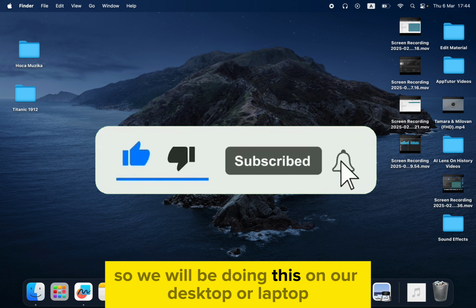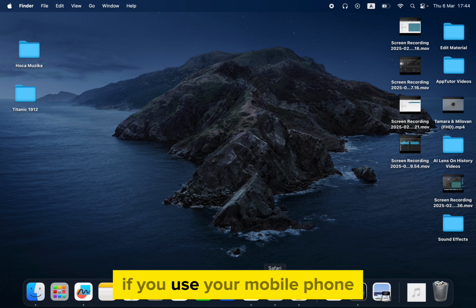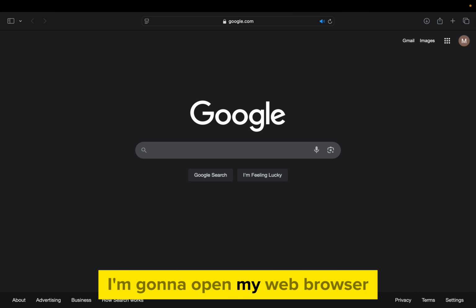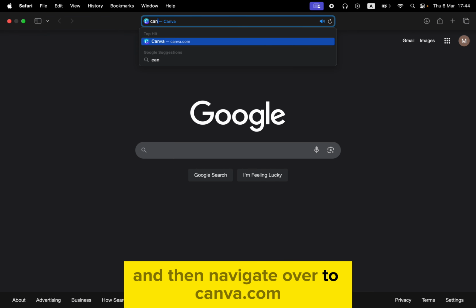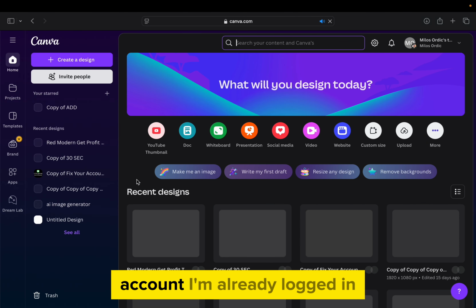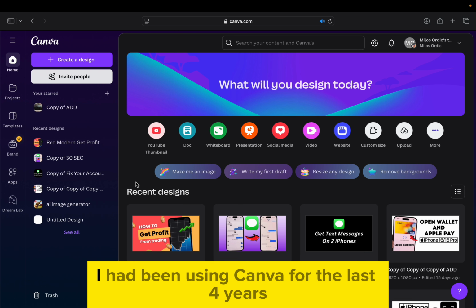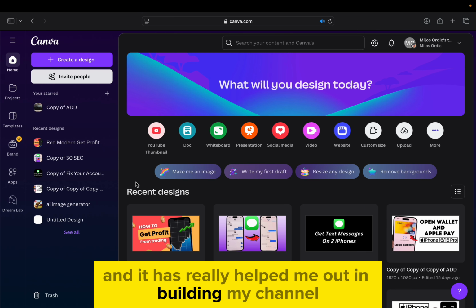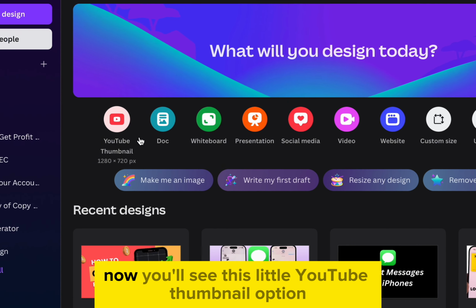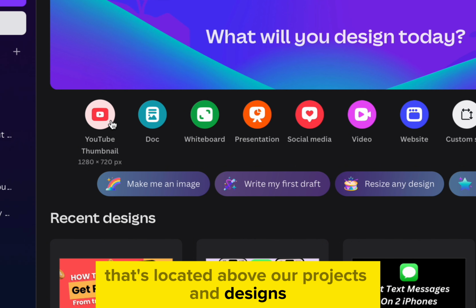So we will be doing this on our desktop or laptop, but the process is essentially the same if you use your mobile phone. I'm going to open my web browser and then navigate over to canva.com, and then make sure that you're logged into your Canva account. I'm already logged in, and you can see that I have my designs right here. I had been using Canva for the last 4 years, and it has really helped me out in building my channel and my brand. Now you'll see this little YouTube thumbnail option that's located above our projects and designs, but